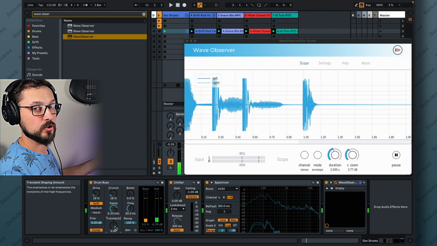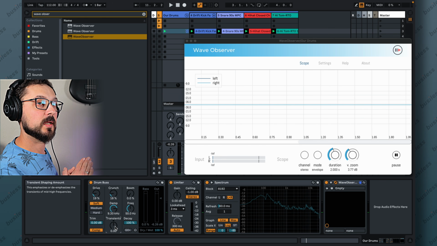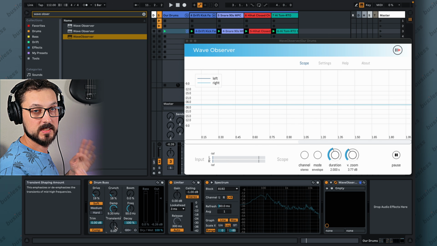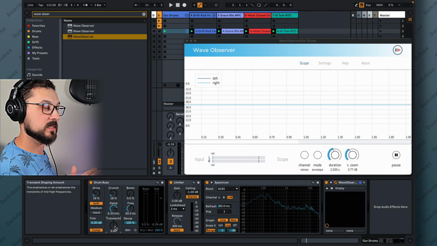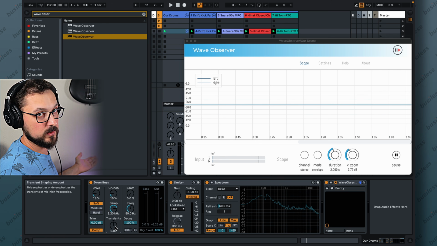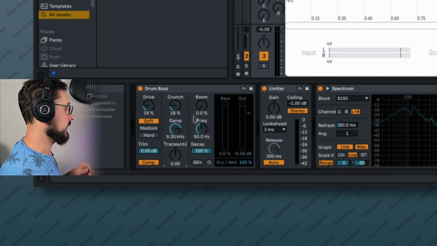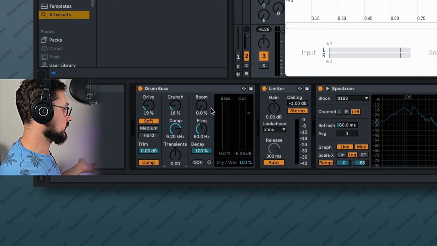So the difference is huge. Remember, regardless if you go in minus or plus, you're adding the attack, but you're changing the sustain. So if you're going to minus, you're going to cut the sustain. If you're going to plus, you're going to add more sustain. That's it. So now we go into the next section, which is a low-end enhancement section, which consists of the